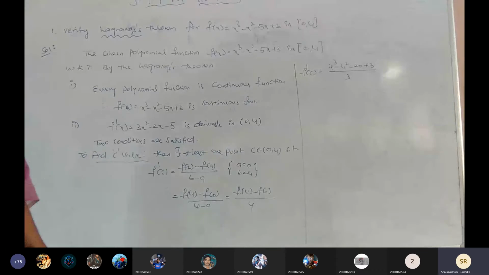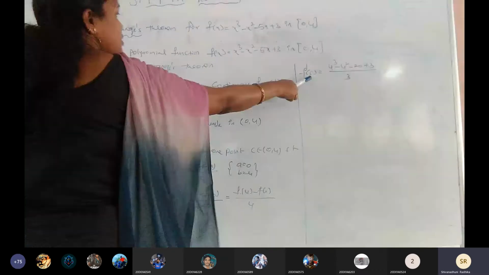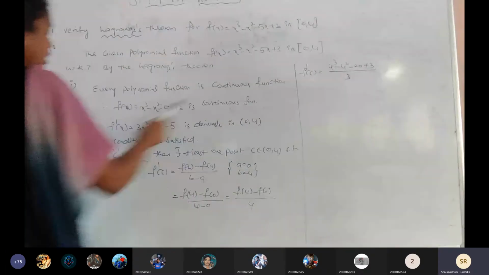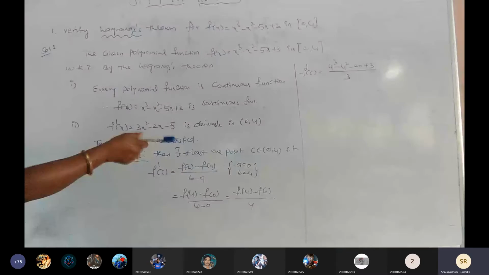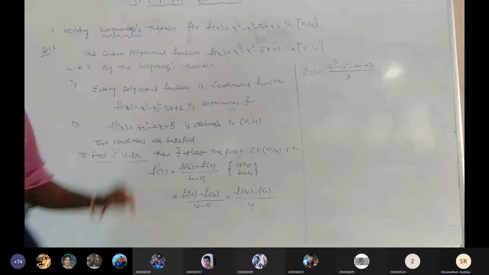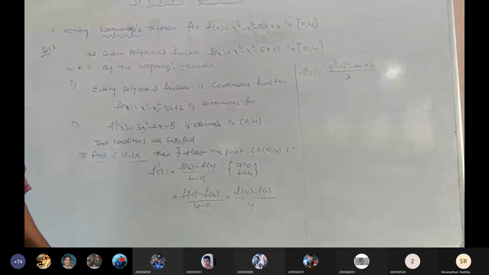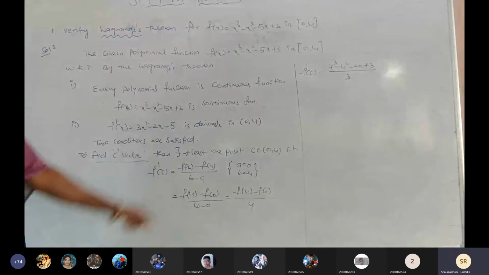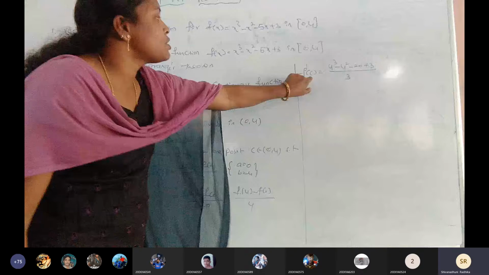And what is f dash of c? Substitute x equals c in f dash of x, right, all of you? We get f dash of c. Again, I am going to substitute c in this f dash of x. Are you following, all of you? Please tell me, response please. Yes, ma'am. Now, what is f dash of c? Tell me. Substitute x equals c in f dash of x, right?